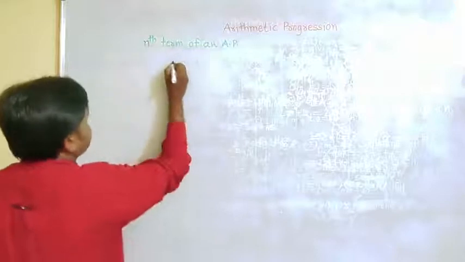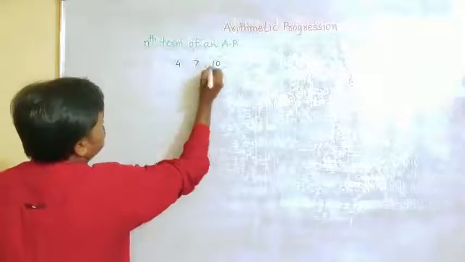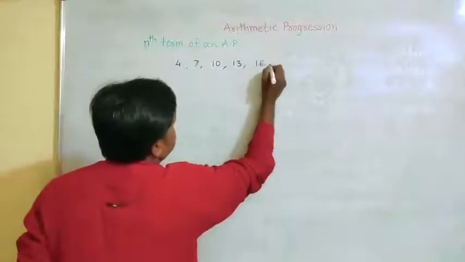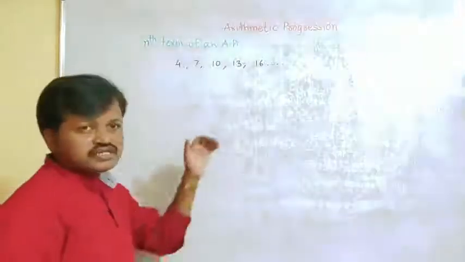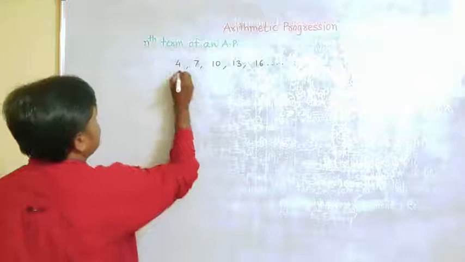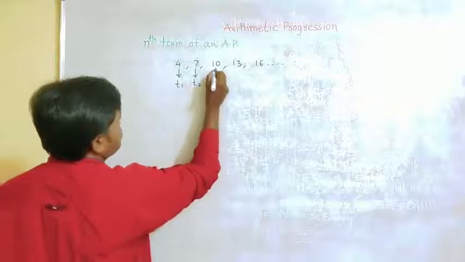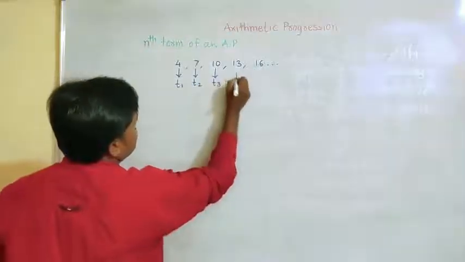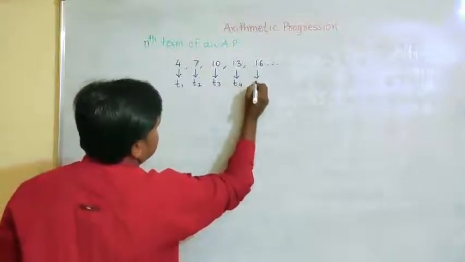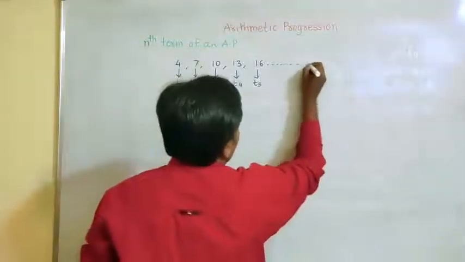Examples: 4, 7, 10, 13, 16 and so on. So that is a sequence. Here 4 is the first term, 7 is the second term, 10 is the third term, 13 is the fourth term, 16 is the fifth term, and so on. We can write all the terms here, but we want some